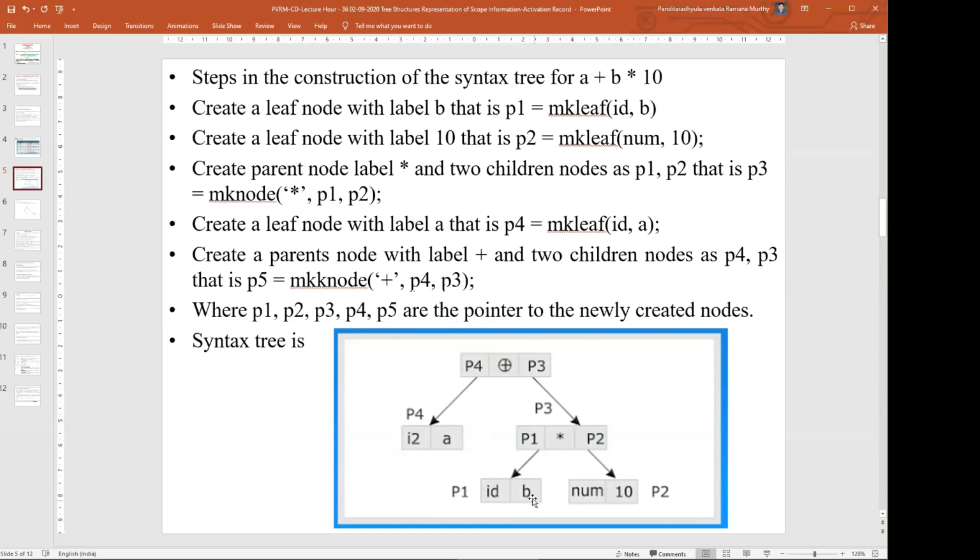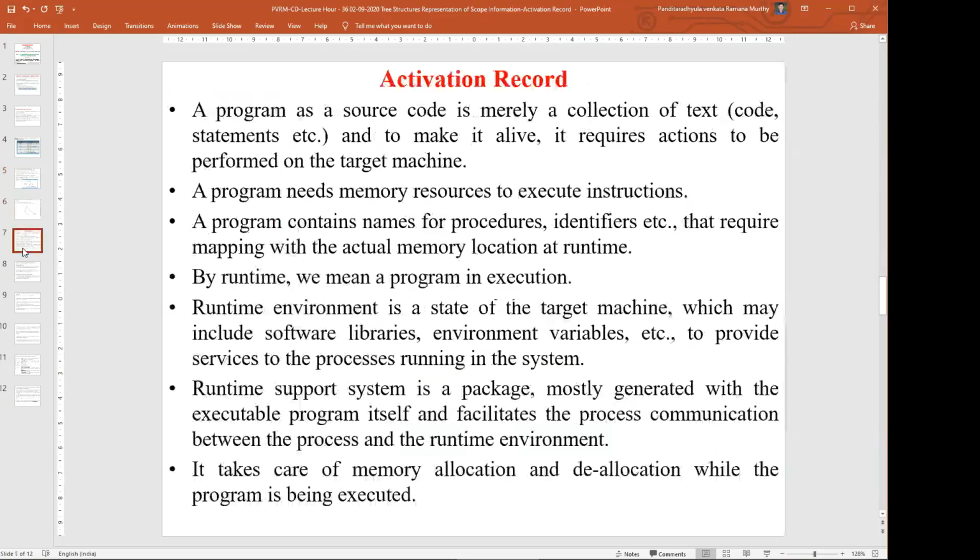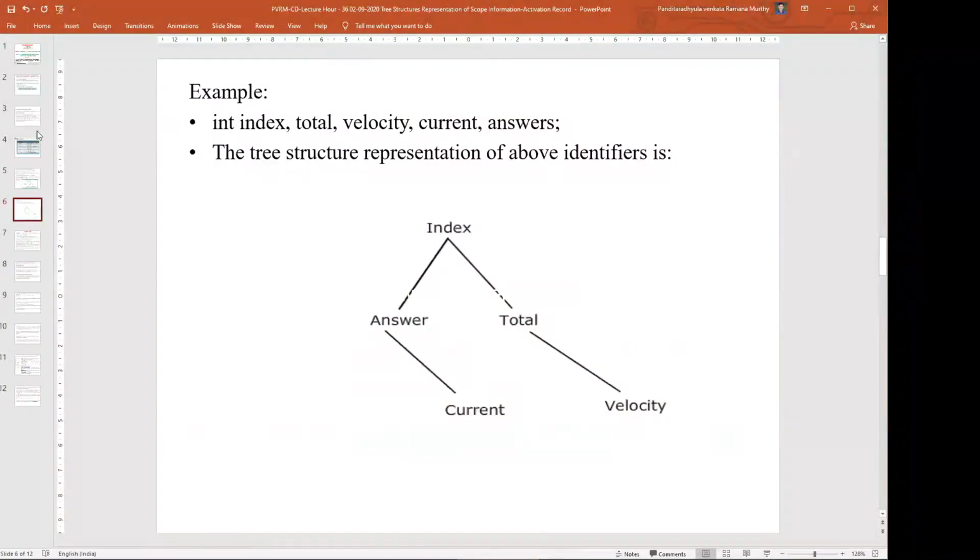If the variable is available at only P1, we can call it a local variable. That is the meaning of the scope, and we are going to create the values in a hierarchical fashion.